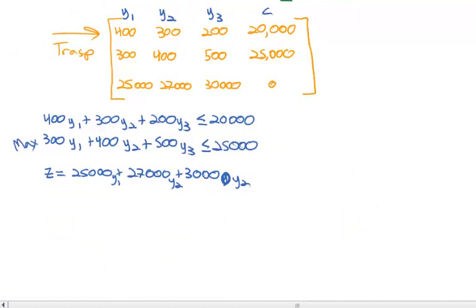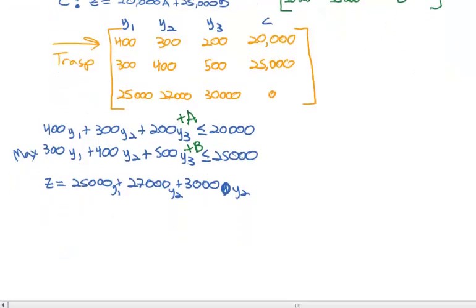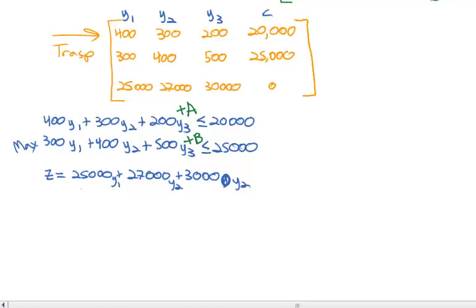The simplex method says we're going to add a slack variable to each equation. Here's the catch. The slack variable that we add to the first inequality is the first variable from the original problem. The slack variable we're going to add is a to the first inequality. The second inequality is the second variable in the minimization problem. So we're going to add b. So that's how we get a and b back in our equation to make